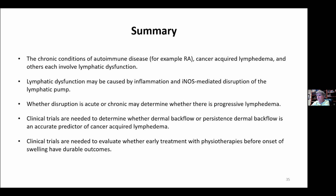And my last 2 points are we need an awful lot of clinical trials to determine whether dermal backflow, or persistent dermal backflow, is an accurate predictor of cancer-acquired lymphedema. Think of the savings that we would have and the quality of life of our cancer survivors if we could basically prevent